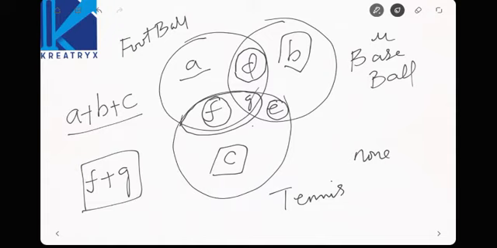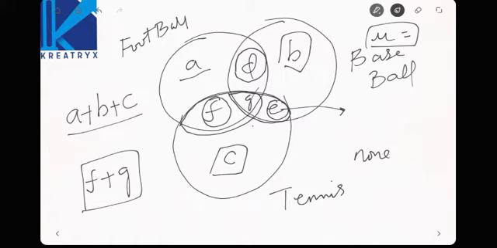Observe my wording. Right? Now, players playing baseball and tennis. Baseball and tennis means the intersecting part of baseball and tennis in the Venn diagram. What are the alphabets? E plus G. Now if the question is like this, players playing only baseball and tennis, only baseball and tennis means again E. Right? Is it easy to find out the difference? Right, fine. Okay, now this is the way to find out the third variables also.